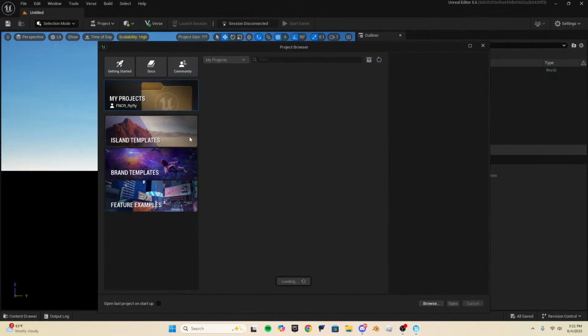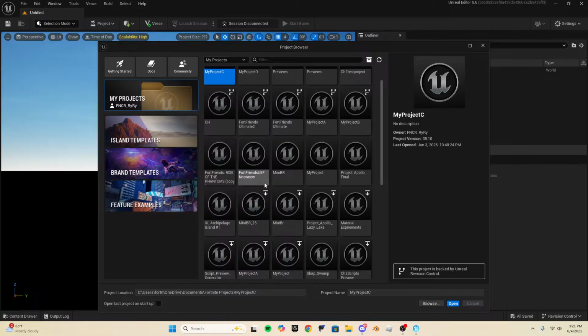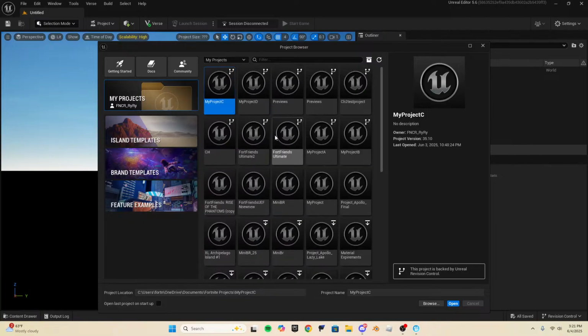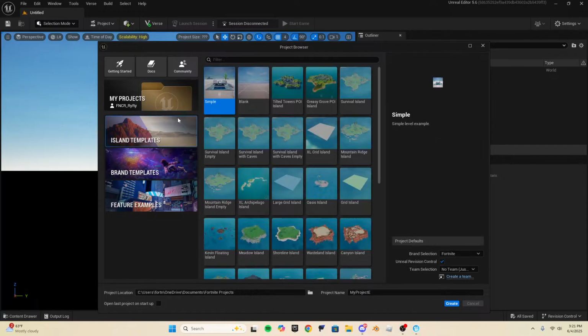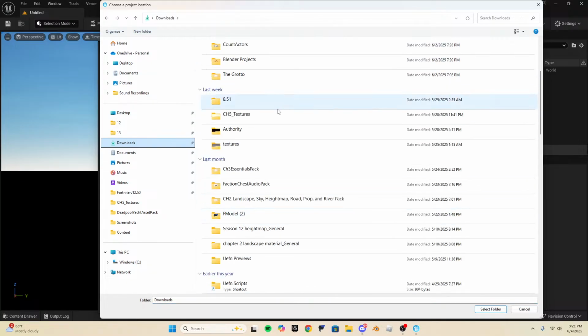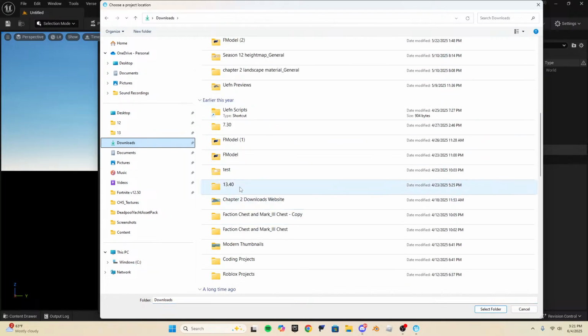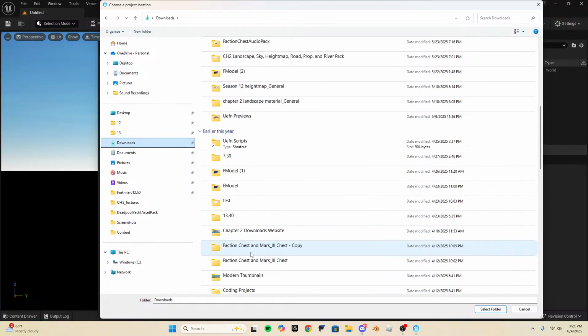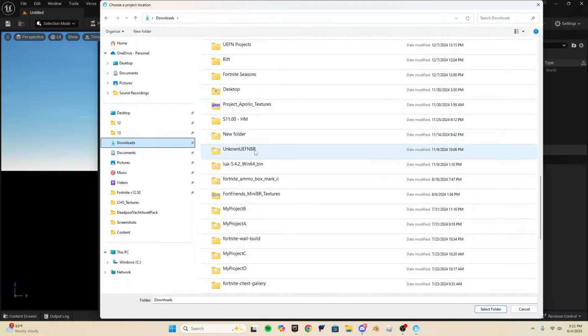Alright, guys, we now have this loaded up. I'm gonna open up this random project because I think, why is this on OneDrive, dude? I don't want that on OneDrive. Please. Freaking pissing me off. No, no, no. Let's go to downloads, and then I'm gonna go to UEFN projects.